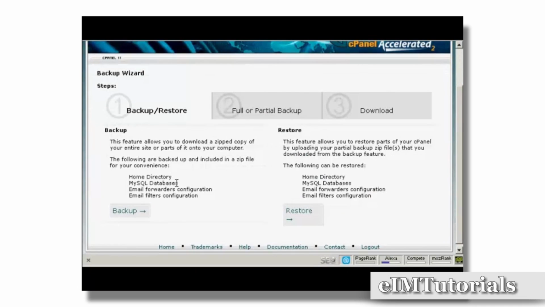And what you want to back up really are the two things that you need for your WordPress blog to work: the home directory and the MySQL databases. The things like email forwarders configuration and email filters configuration are more to do with the actual running of your website. So we click on Backup,